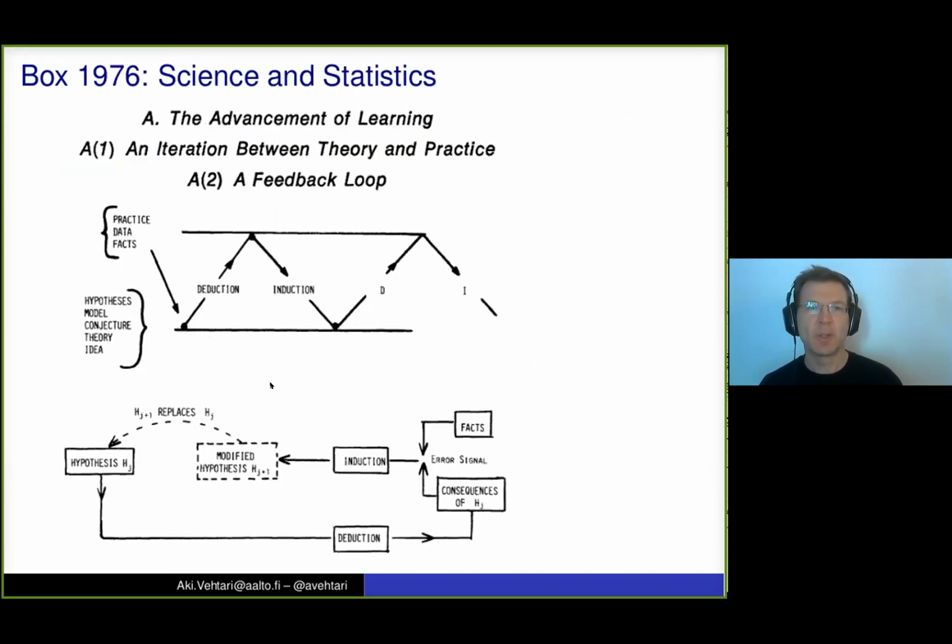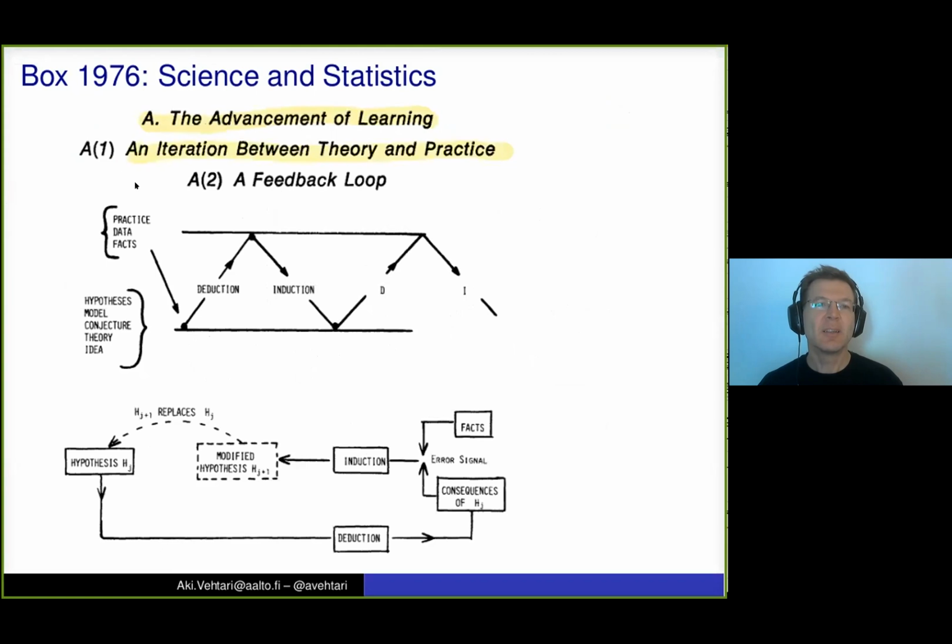Box's 1976 paper, Science and Statistics, is more famous, but it has the same idea of the advancement of learning and iteration between theory and practice.